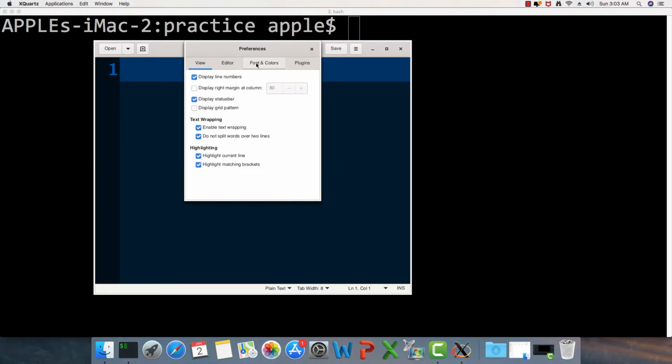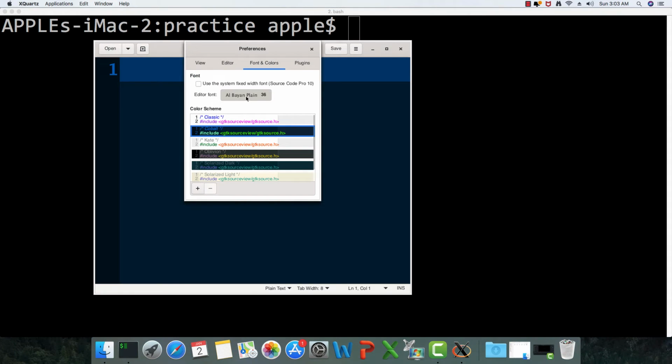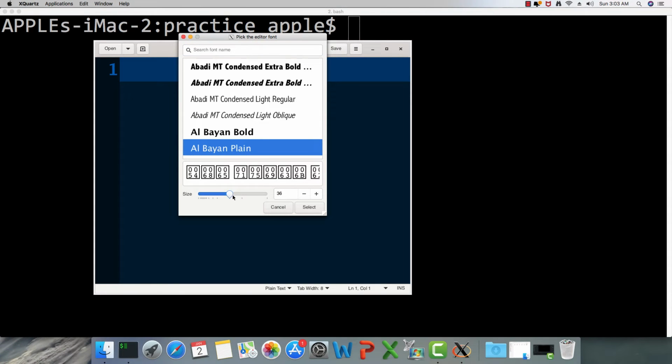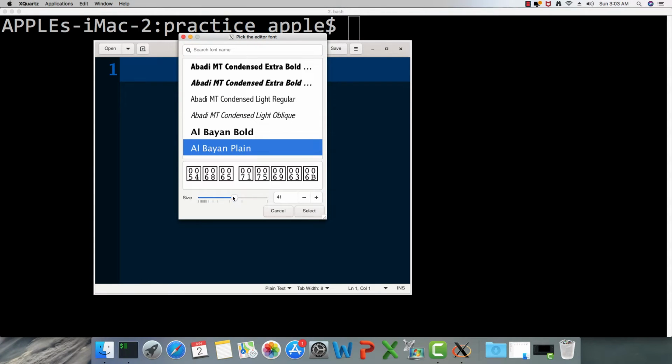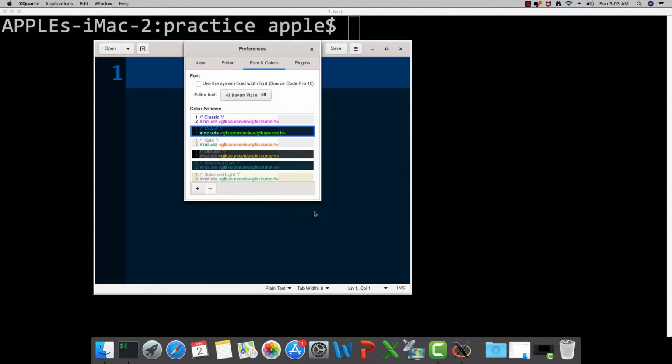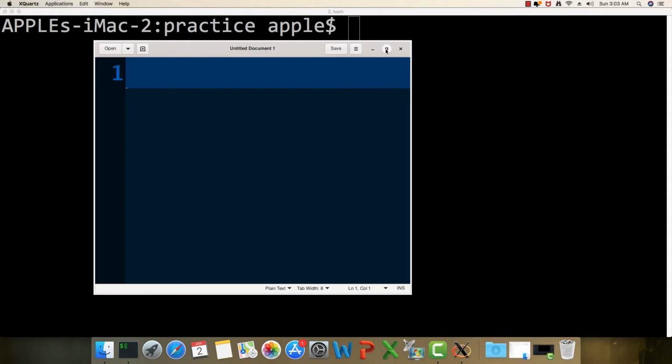Here you can change the font and colors and everything. Let me increase it a little bit more for the convenience of all of us, because I also have some problem with my eyes. I just want to make it comfortable for everyone. It shouldn't strain your eyes programming.